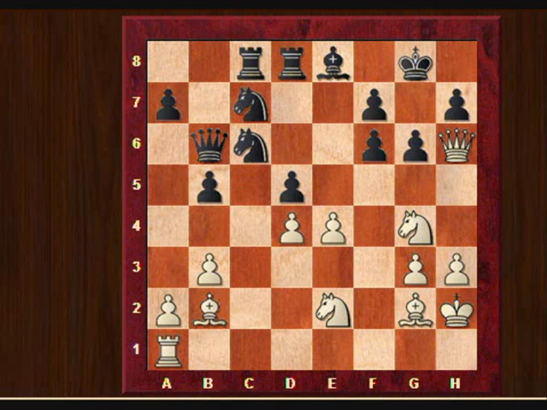And black defended the way he planned, knight to e7, the queen protecting f6. And at this point the white player played rook to f1, so bringing more pieces into the attack, pressuring the f6 pawn. By the way, the white player here was Grandmaster Tartakower, and he was playing against